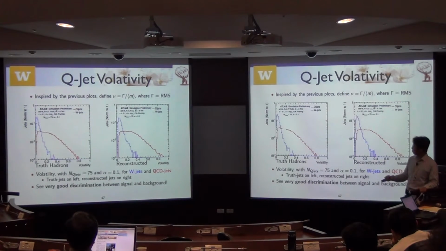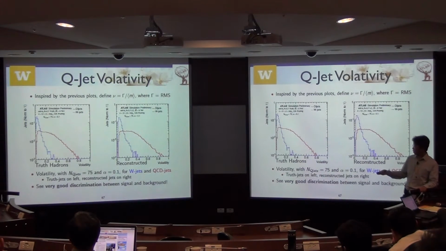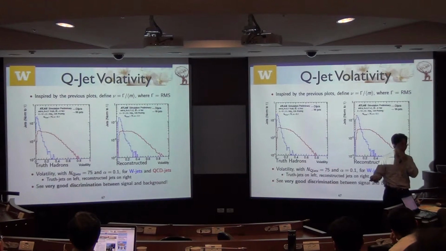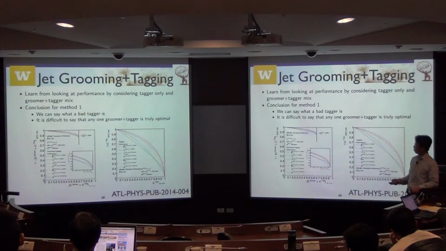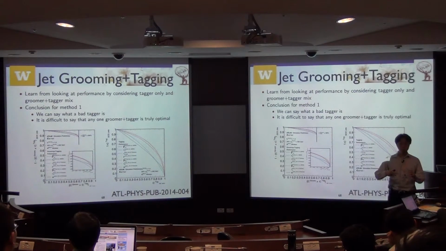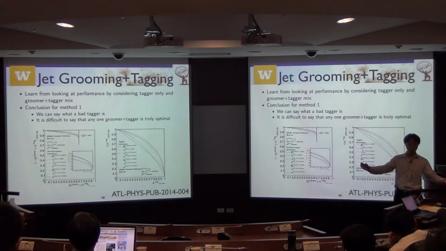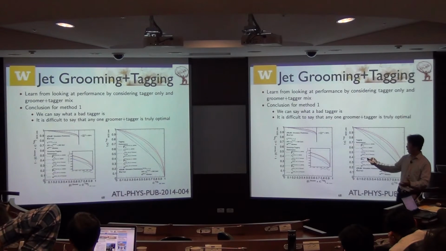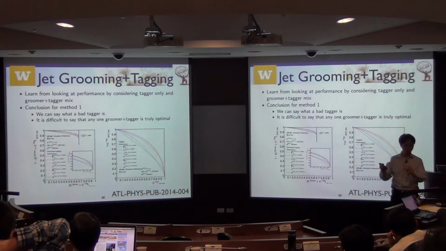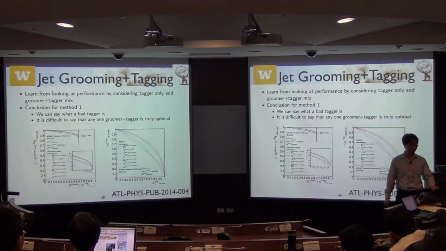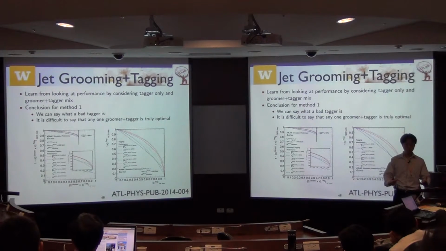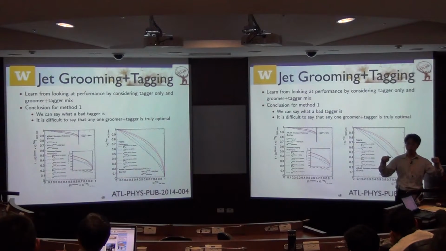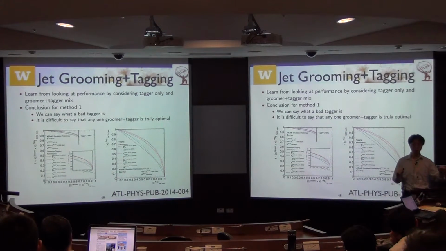So this is an ongoing study process that we hope will give us a better understanding of that. For example, we have 3 different grooming techniques. We have more than one tagging variable. Then I just introduced to you a new method called QJet. And now we try to do a systematic study to identify the optimal combination of the grooming and tagging